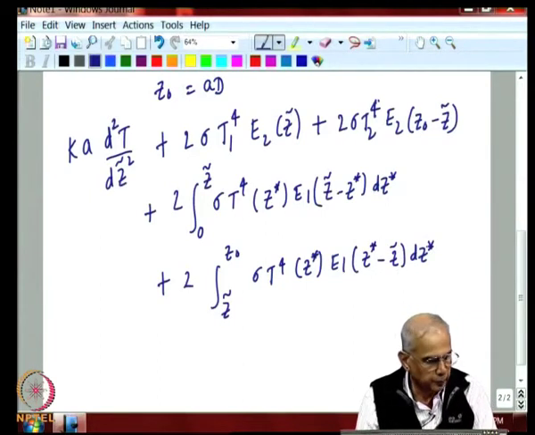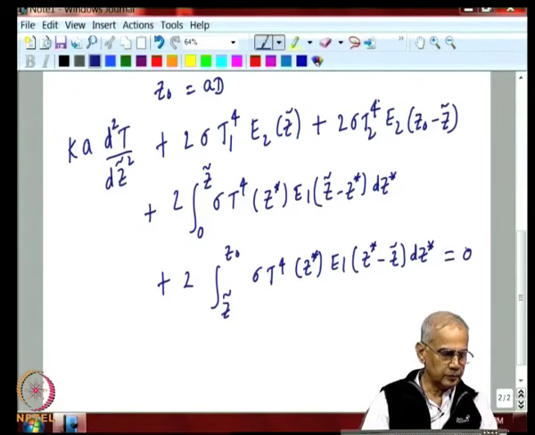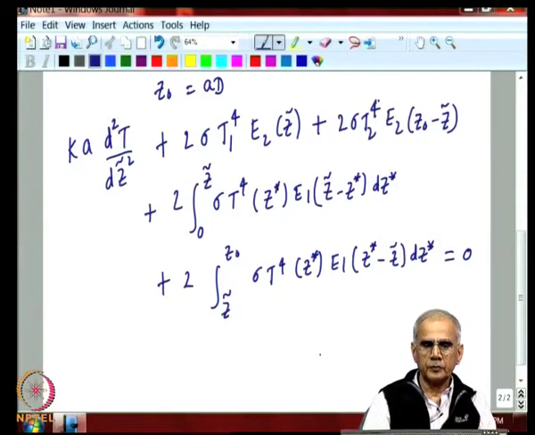So, just to remind you what these are telling us, this is the conduction heat transfer, this is the radiation which is absorbed from the emission by the bottom surface, the next term is the radiation absorbed from the emission at the top surface. Third term is radiation emitted by the layers of gas between 0 and Z tilde,